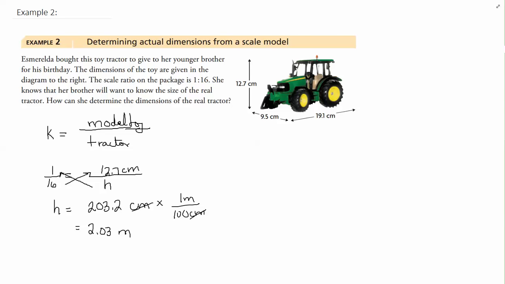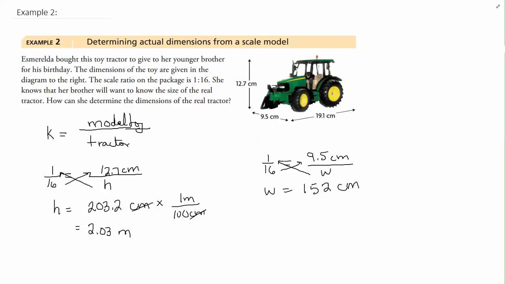Now we are going to look at the width. So again, we have our scale factor, which is 1 over 16, and that's equal to the width of the toy, 9.5 centimeters, divided by the width of the actual tractor. And again, we solve this by cross multiplying. And so we have W times 1, which gives us W, and 16 times 9.5, and that gives us